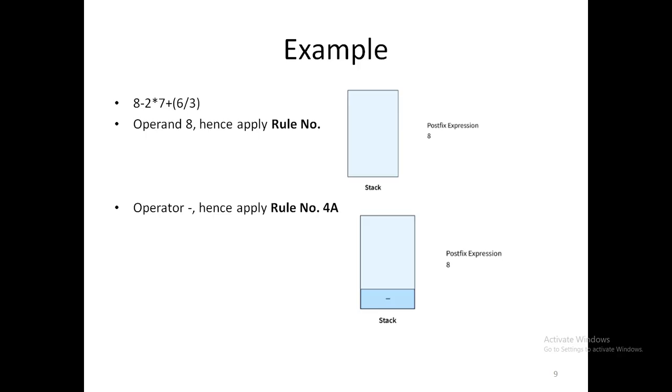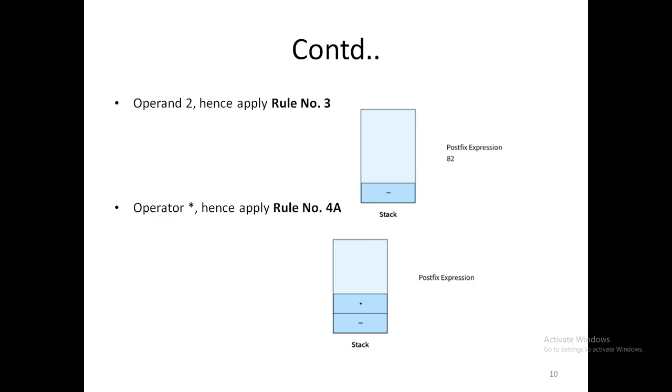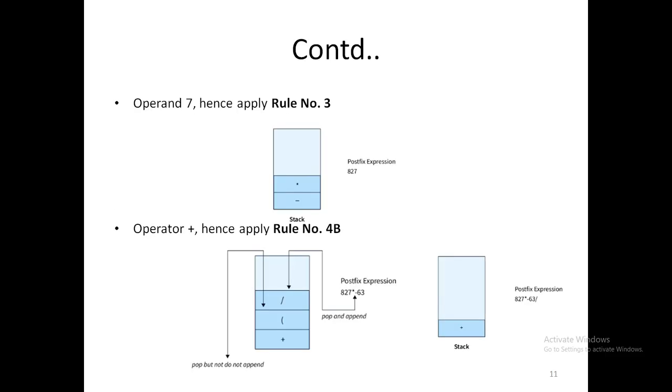So for example, if we need to process 8 minus 2 times 7 plus 6 divided by 3. First 8 is added to the postfix, and then minus came, it is added into the stack. Then 2 comes, it is added into the postfix expression. Then star, the star is higher precedence than the minus, so it is added into the stack. Then 7 comes, which is added into the postfix expression. When the plus comes,